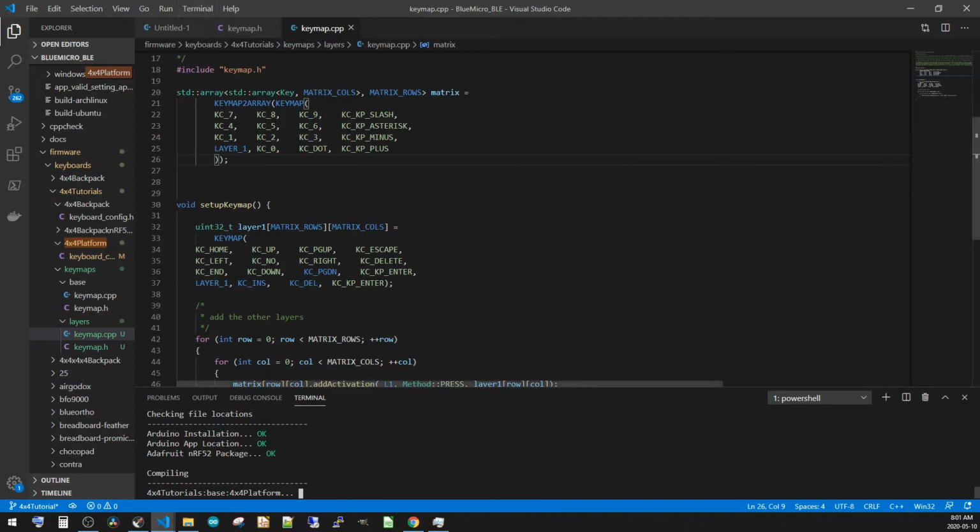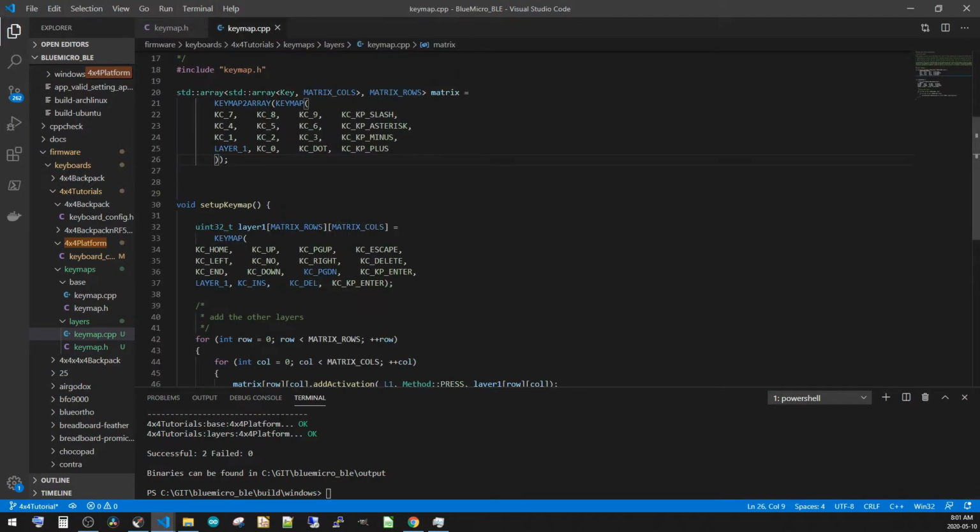And it's all saved, so we should be fine. So we've got the base, and then the layers is the one that we were just working with. And it compiled all good, so that's good. So I'm going to close this. Now what we can do here is flash our little keyboard to the